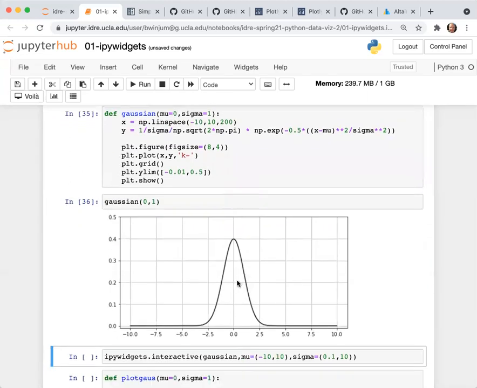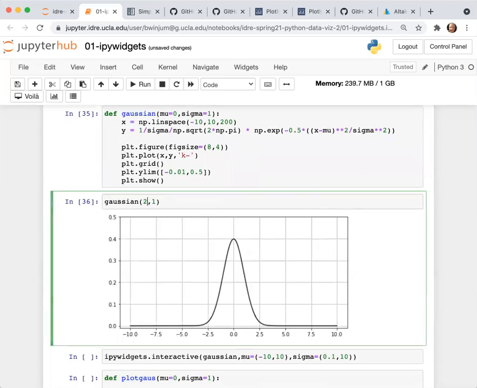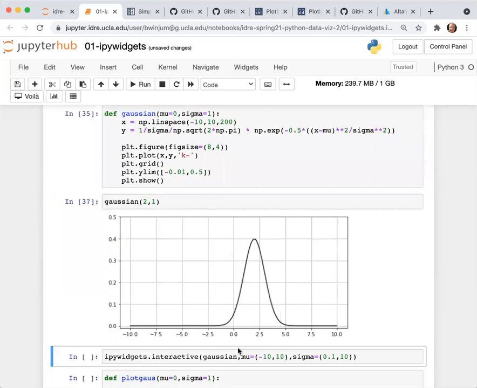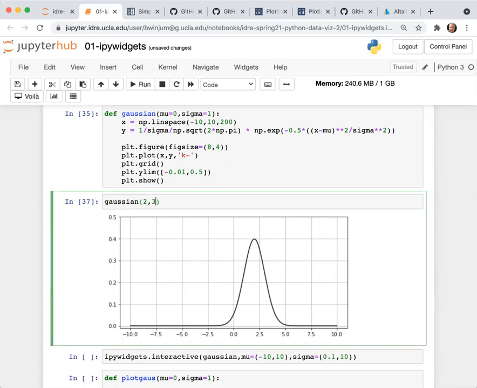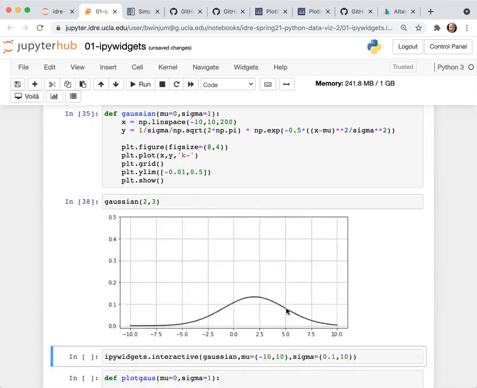I could say, what happens when I change the mean to 2? Well, it shifts it to the right so that the peak of the distribution is now over 2. Or if I change the standard deviation to 3, it makes it wider. Another feature you can see is that this is a normalized distribution function, so the total area under the curve is equal to 1. When I make it wider, the peak gets lower. There are a number of illustrative concepts that you can see when you make a plot like this.